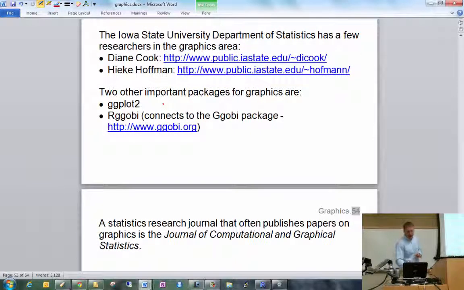In particular, Diane Cook has developed a software package called GGobi, which is specifically focused on graphing multivariate data. This is also something I had hoped to get to, and in fact, the software package is installed on these computers here. I had it installed, but you just can't do everything. There is actually an R package that allows you to interface with this separate software package. The interface is called